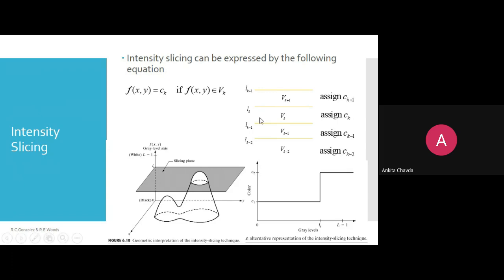Okay, same way, you have those vector values, right? Intensity values, say 0 to 10, I want to assign this color. So 0 to 10 would be in one of the sets, right? And you are assigning the color, suppose C1. Then for another, C2. So every time you just need to check whether this f of xy lies inside this vk, or vk plus 1, or vk minus 1, right? So you are checking for each and every set. Wherever it is lying, according to that you will give the color, right?